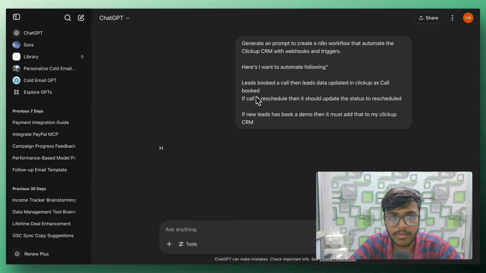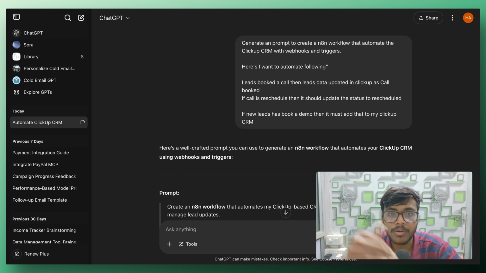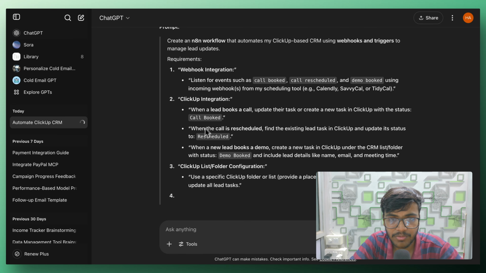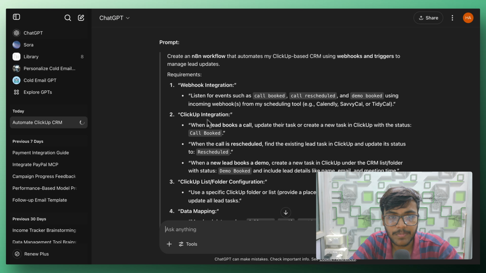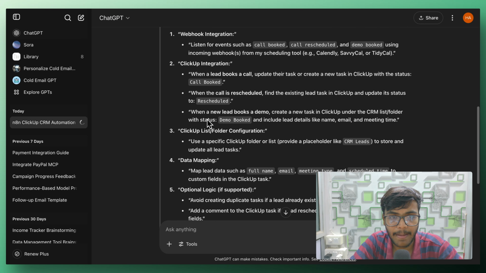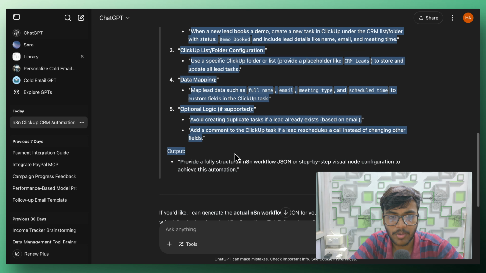So yeah, now ChatGPT will do its magic and generate the exact prompt for us to plug into Claude.ai, and from there onwards, we'll see the magic happen, right? So again, this is the prompt. Now what we can do is copy this particular prompt,